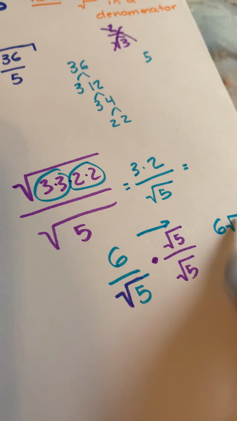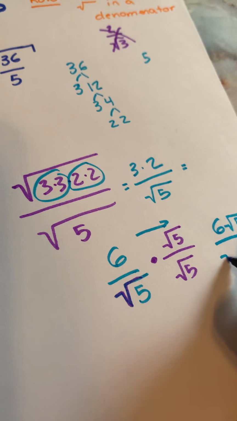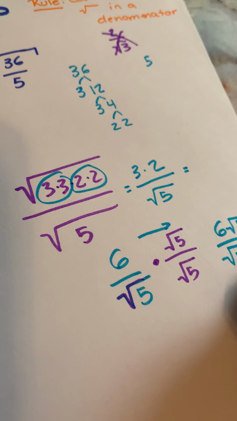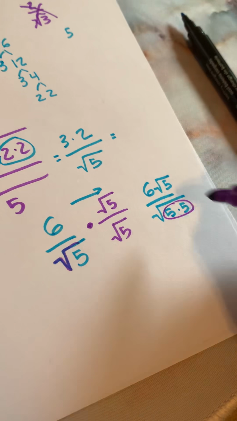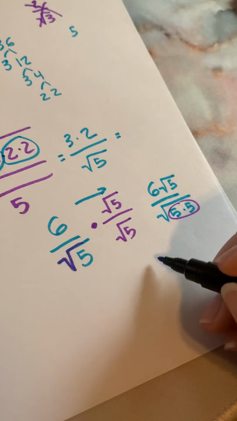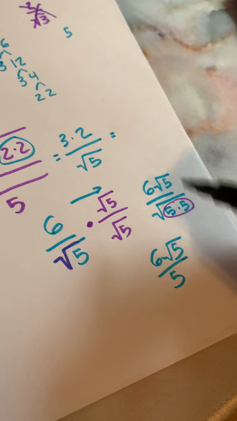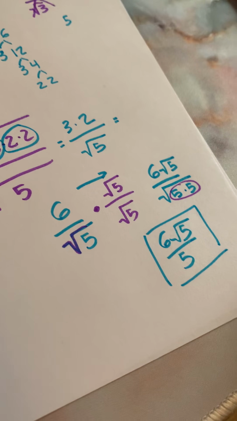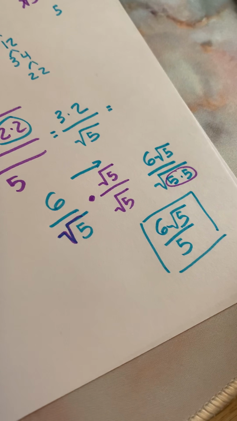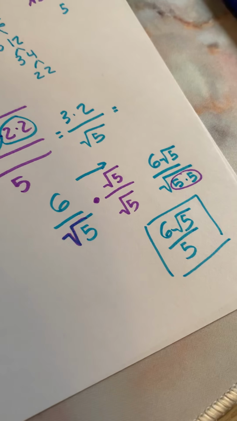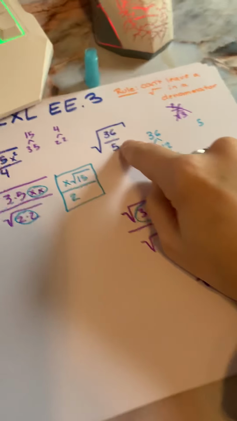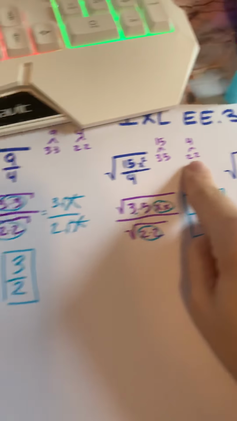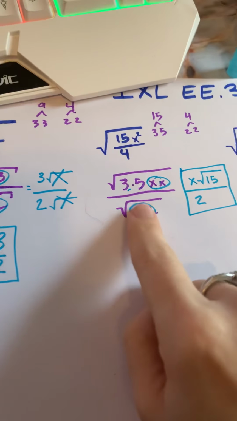So this will be 6 square root of 5. Down here we've got a radical with 2 5's in it. Just like we did there, I've got a pair of 5's here. They're going to come out. 6 square root of 5 over 5 would be the final answer there. And that is what you do with the fractions. All right. So again, you've got the 2 numbers in your fraction. You do each of their factor trees separate. Make your list, look for pairs, just like we were doing the last